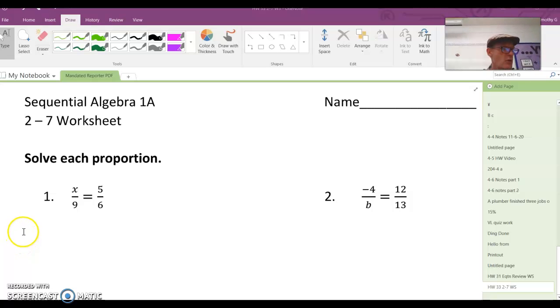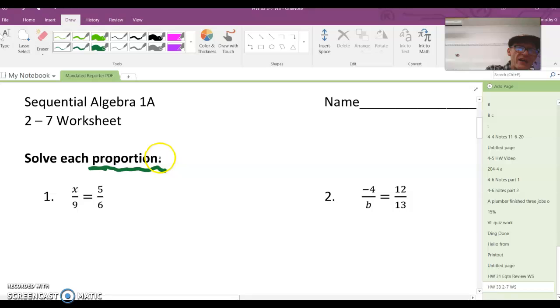Good morning. The recording is a 2-7 worksheet. I thought I recorded it before, but I lost it. So this morning we'll be taking these proportions we see